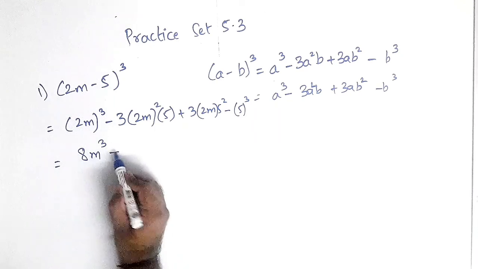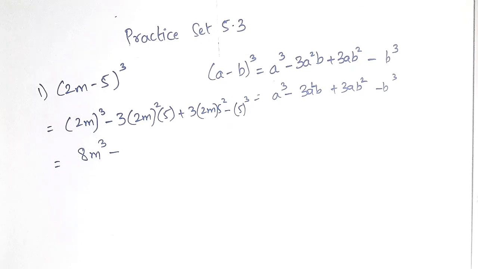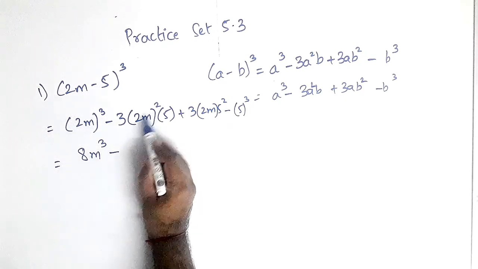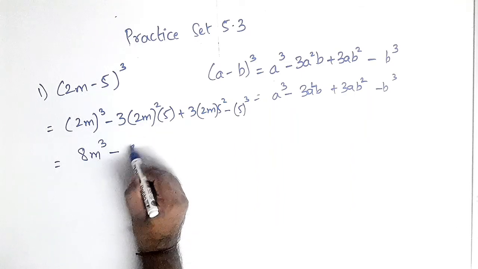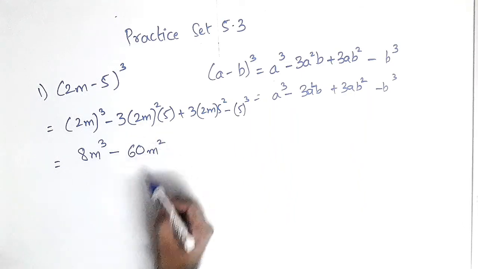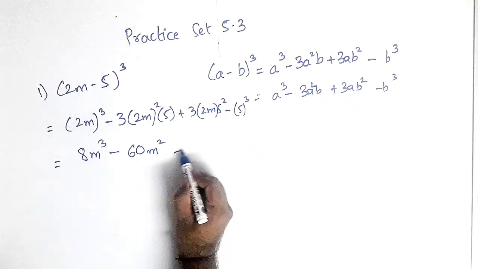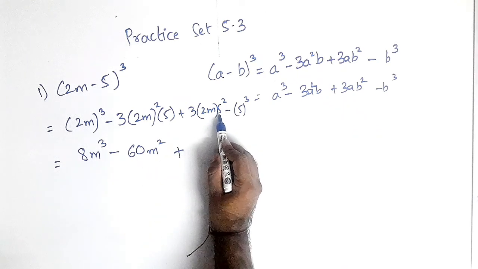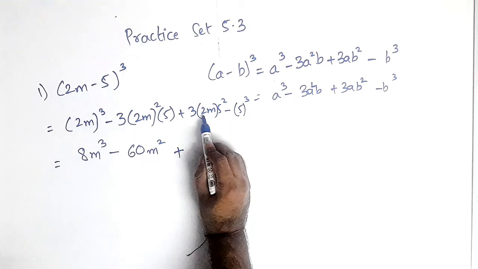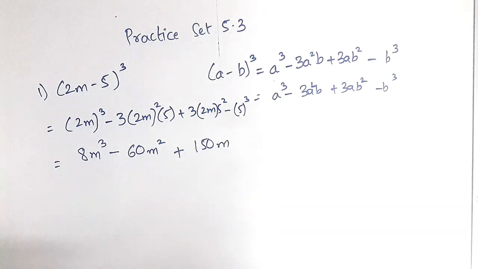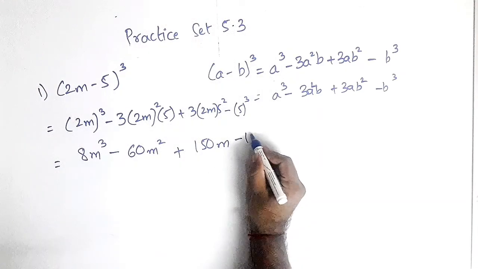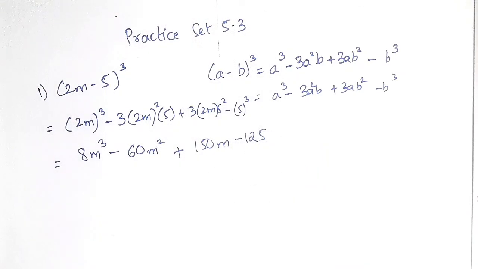Minus, the first thing we do is we solve the exponent. This is 2 square, so this becomes 4, 4 5s are 20, 2 3s are 6, 60, m becomes m square. Plus, here first I'll take 5 square, 25, 25 2s is 50, 50 3s is 150 m, and minus 125, 5 cube is 125. So this was your first sum, we put it in formula form. Let us do the second one.